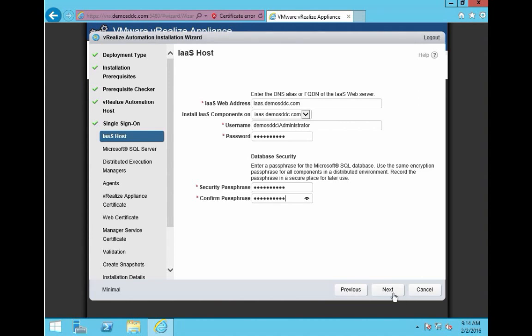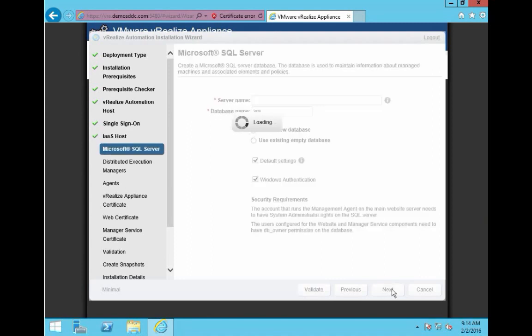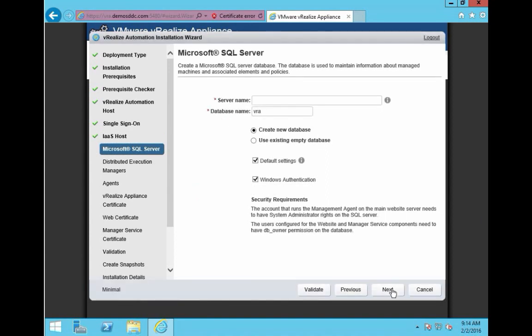Let me retype that. Okay, now we have the same length, so it should hopefully be the same password. Next, you are going to give it information on how to access the Microsoft SQL Server instance. Again, for a demo POC environment, like in my case, it's perfectly fine to use SQL Server Express. You just need to set it up manually and provide the services with the necessary parameters so that they are accessible